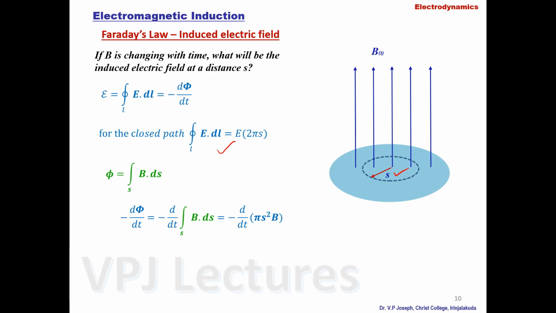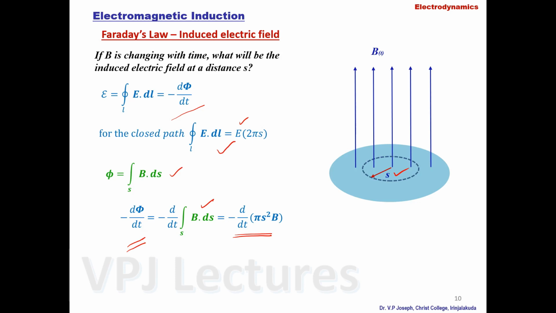That is a symmetric point, so we can say that E is constant all over the closed path, the closed line. So E is taken outside. E into the line integral of dl is equal to 2 pi s, and phi is equal to the surface integral of B dot ds. So the right hand side, minus d phi by dt, is equal to minus d by dt of the surface integral of B dot ds, which is equal to minus d by dt of pi s square